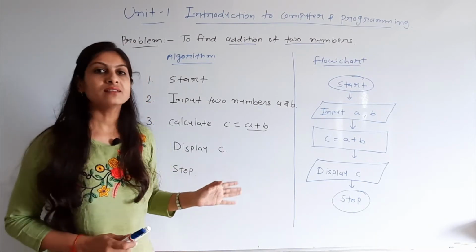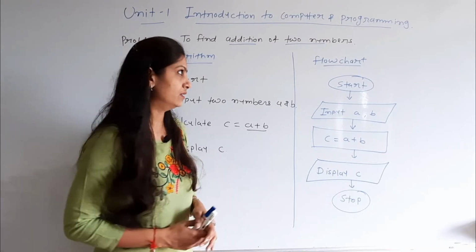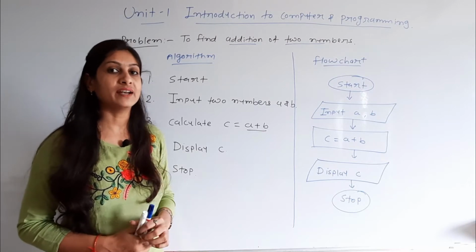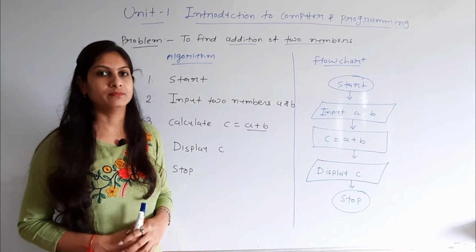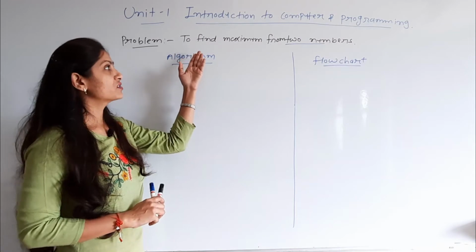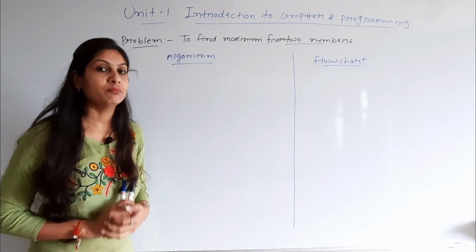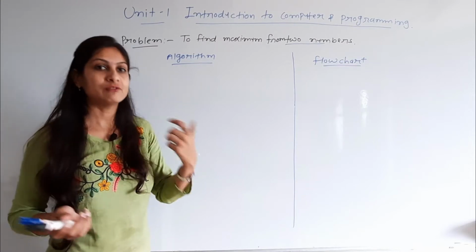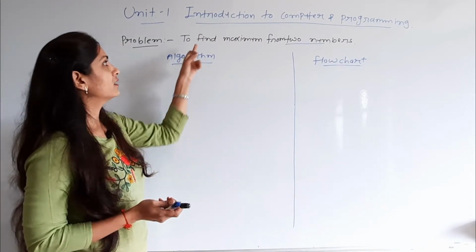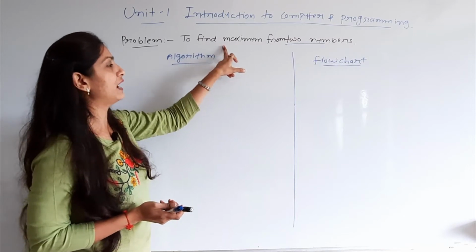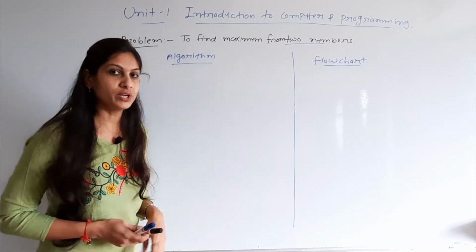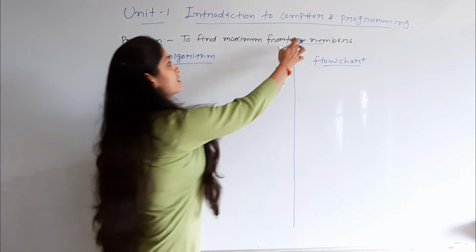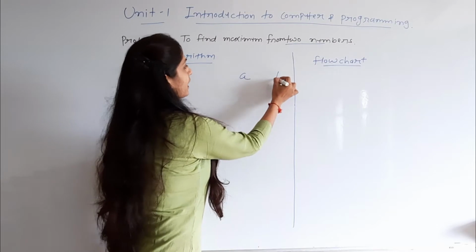I think you guys understand this concept very well. Now move to the second type of problem, that is a conditional problem. Now the definition is changed for a conditional, because if you remember, a condition always has two parts, true and false. So for that we now change our definition, that is find the maximum of two numbers. So how can you find the maximum? The input is the same, two numbers, A and B.